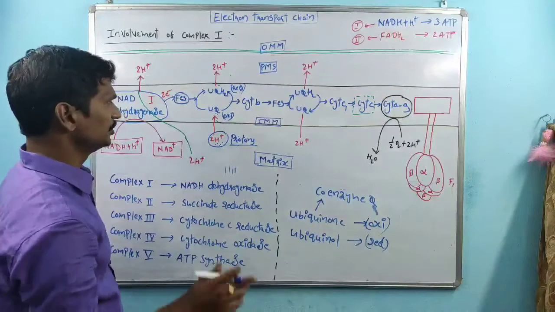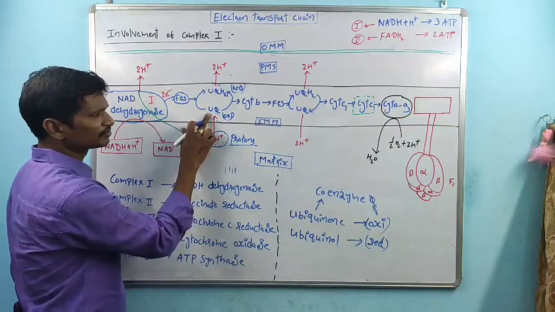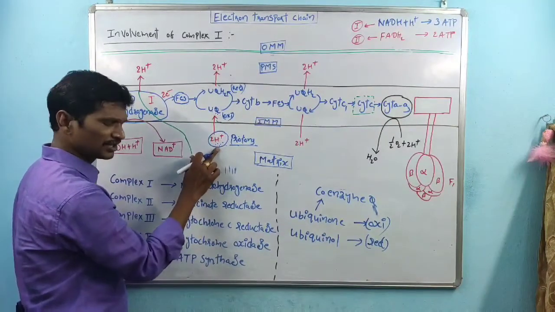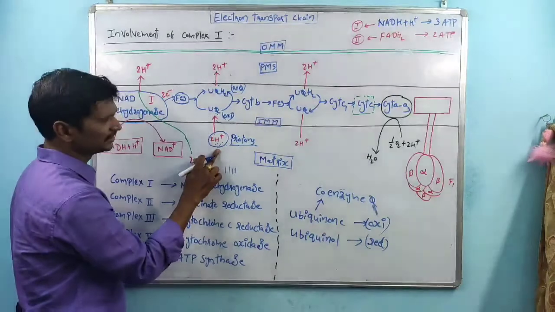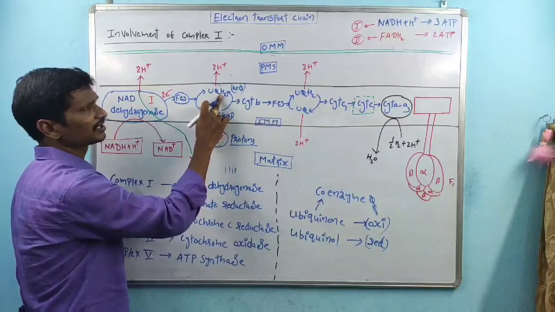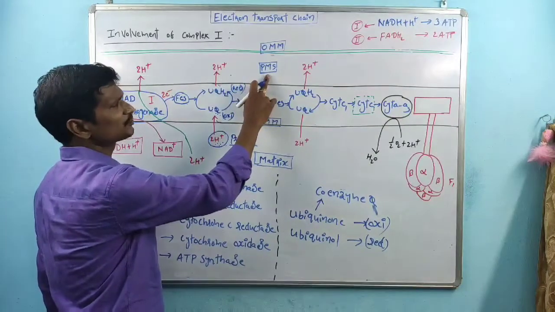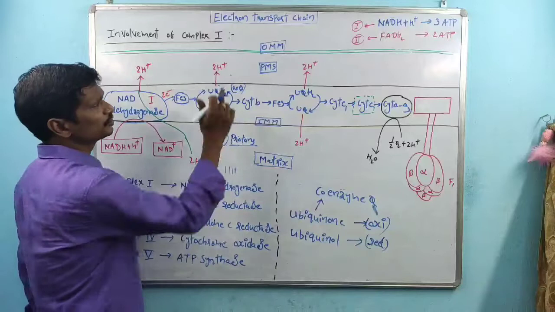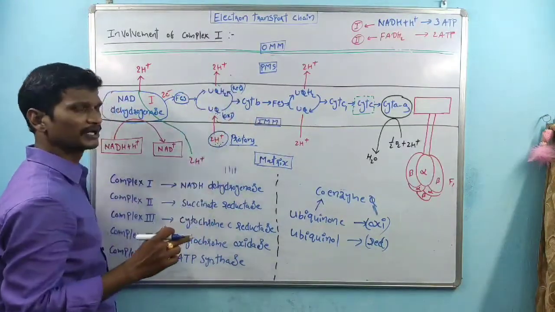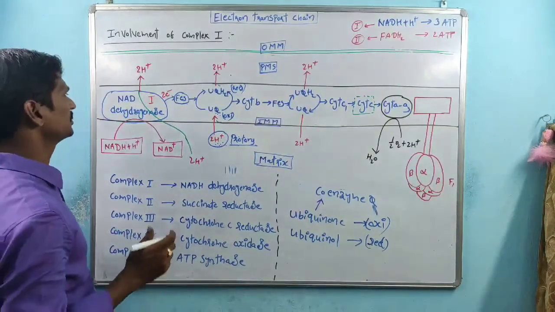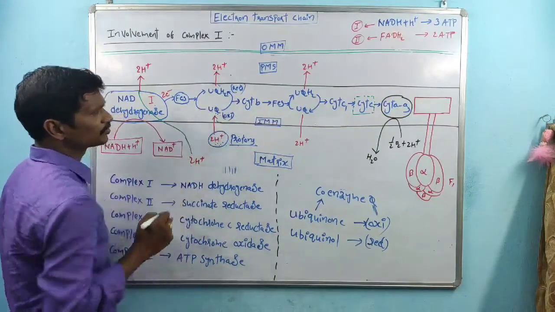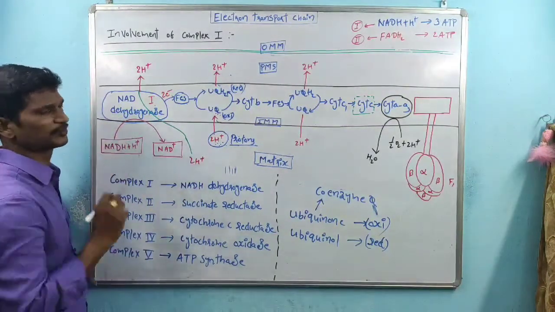Very simple, right? Ubiquinone, this is the oxidized state. Once it gains the electrons, it accepts the protons from the matrix. Then this one changes into the reduced state. Again, the protons are transported into the perimitochondrial space. So this is about the 2H plus ions. Here complex 1 is involved in the pumping of H plus ions, and ubiquinone is also involved in the pumping of 2H plus ions.